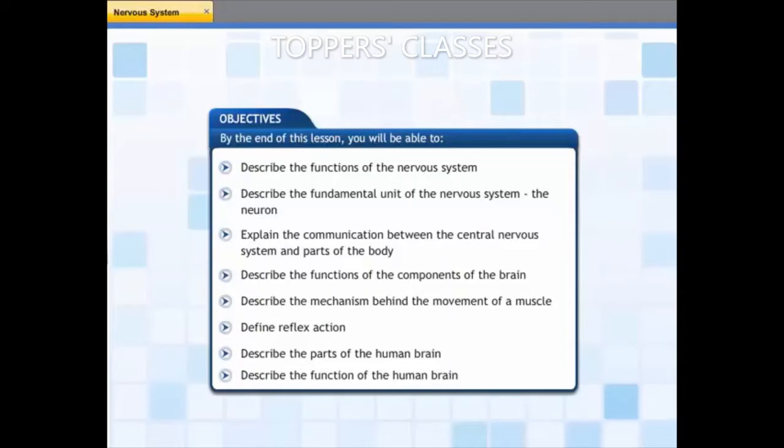At the end of this lesson, you will be able to describe the functions of the nervous system, describe the fundamental unit of the nervous system, the neuron, explain the communication between the central nervous system and parts of the body, describe the functions of the components of the brain, describe the mechanism behind the movement of a muscle,